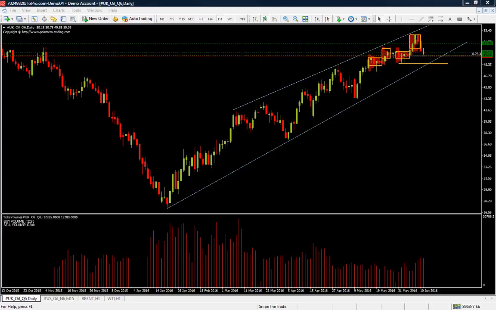Remember that if your trade idea gets invalidated, sometimes it means that the short side is in play. And this doesn't mean revenge trading. This doesn't mean that you are chasing the market. This means that you are prepared for both scenarios. This means that if you don't make money on the long side, you are going to make money on the short side. And swing trading is all about that,